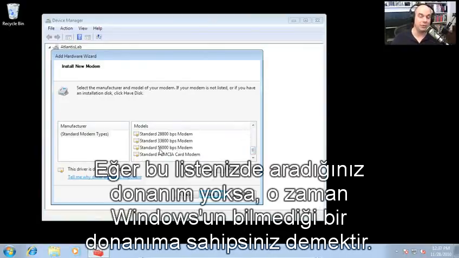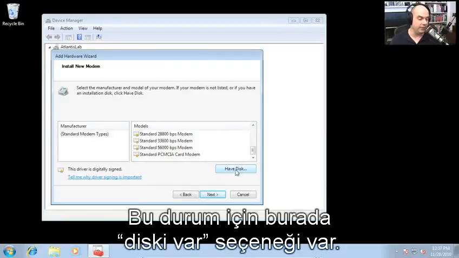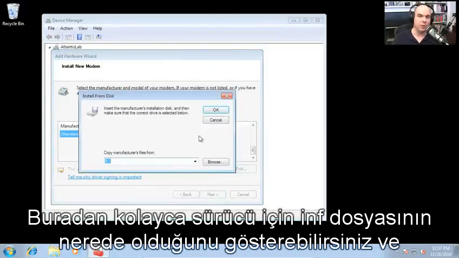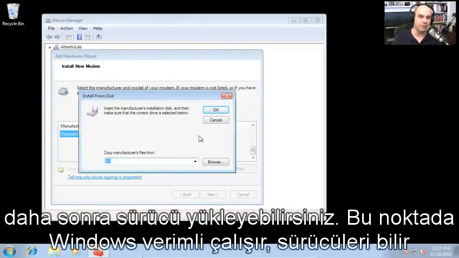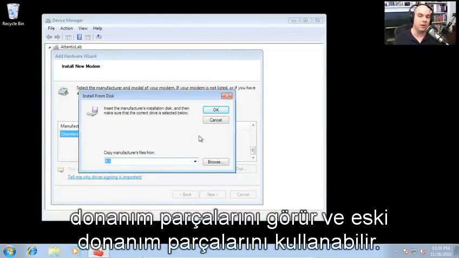If this is not in your list, you have a piece of hardware that Windows doesn't know about. There's an option here that says, "I have the disk." You simply point it to where those INF files are for the driver, and it will install the drivers then. At that point, Windows is good. It knows the driver, it sees the piece of hardware, and you're able to use that